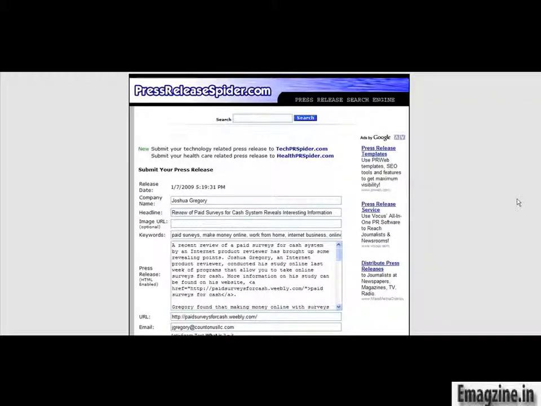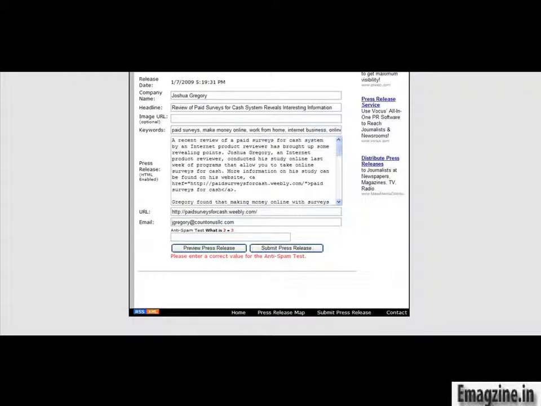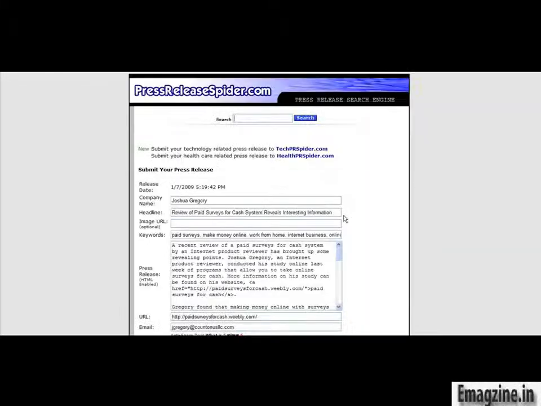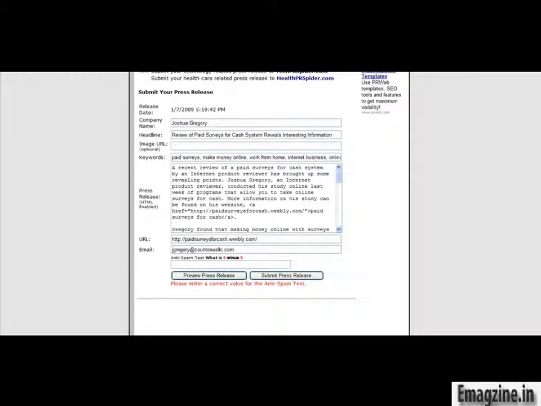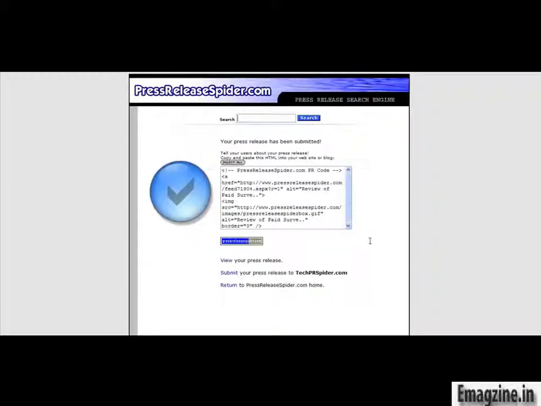Okay, and let's see. So I need to enter a correct value apparently. So let's click on Submit Press Release again. And then the press release has been verified. Oh, I entered the wrong number. Okay, so your press release has now been submitted, and then you can just click on View Your Press Release. So I'm just going to click on that, on View Your Press Release,